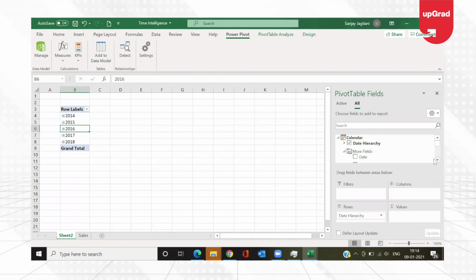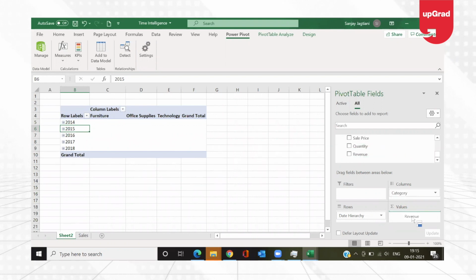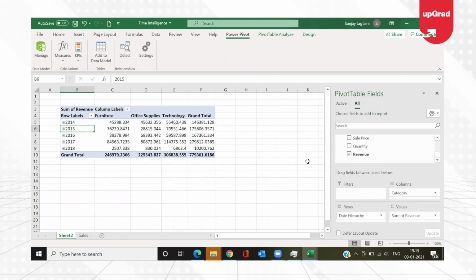That's the other table that we have, the sales table. You can pick up the category or any data that you are looking to pick up, and put it where you have the information. And now you can also pick the revenue from this and put it in the values, and the information that you get is according to the year only, where you are trying to group that information.